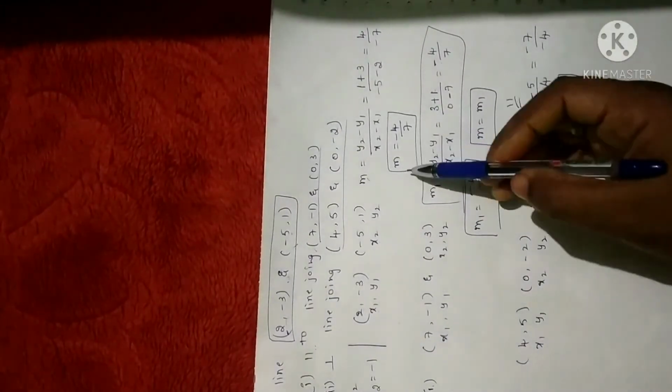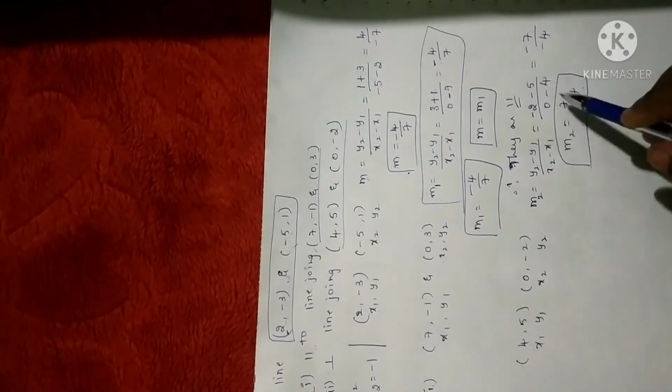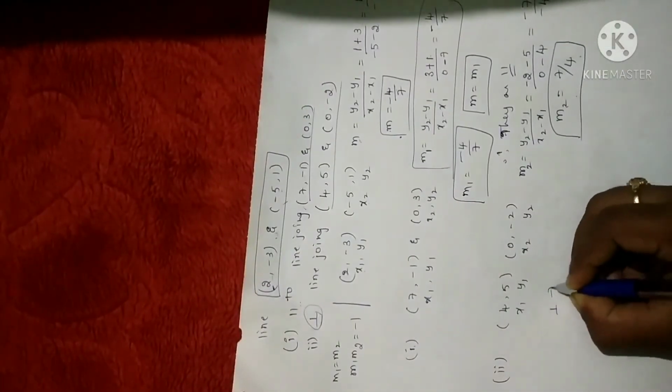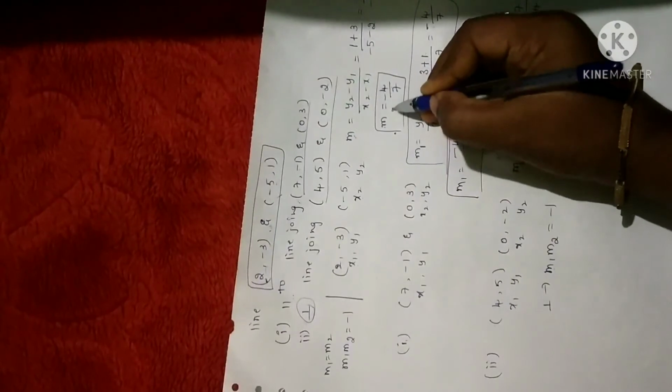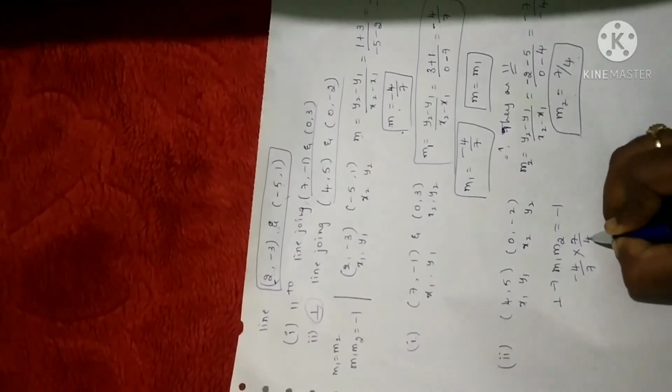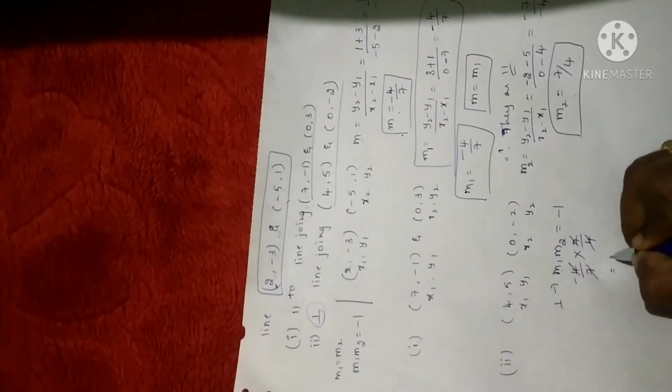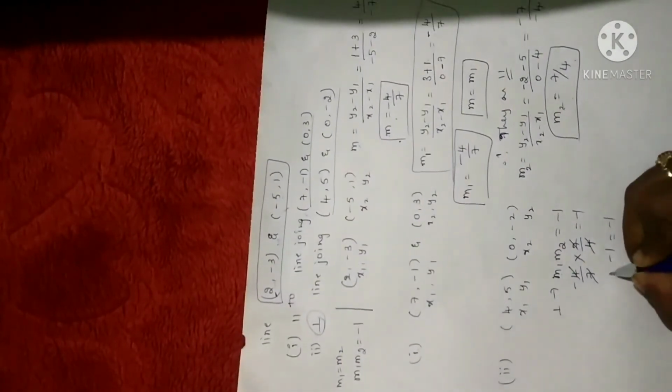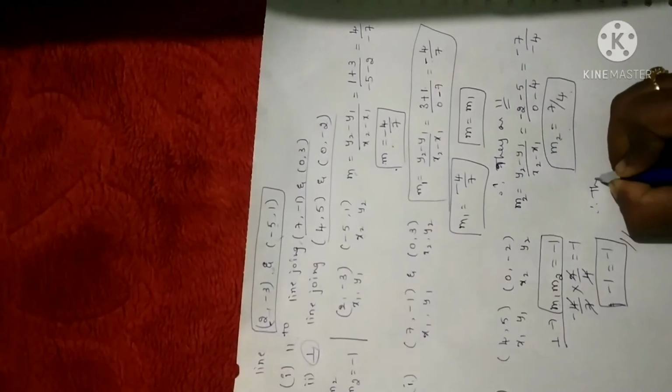Fine. But the doubt arises in our mind that since m is minus 4 by 7, but here you have plus 7 by 4, the reverse of that. But what we have to prove is they are perpendicular. So the condition for perpendicular is m1 into m2 is equal to minus 1. Here m1 is the slope of this line. So substitute minus 4 by 7 into m2, which is 7 by 4. On simplification, you will get minus 1. Right? Since minus 1 is equal to minus 1, in the sense it satisfies the condition that m1 into m2 is equal to minus 1. Therefore, they are perpendicular. That's all.